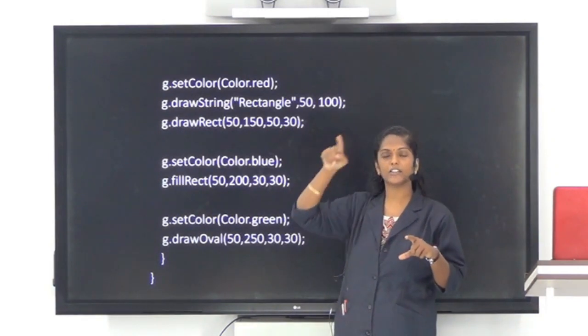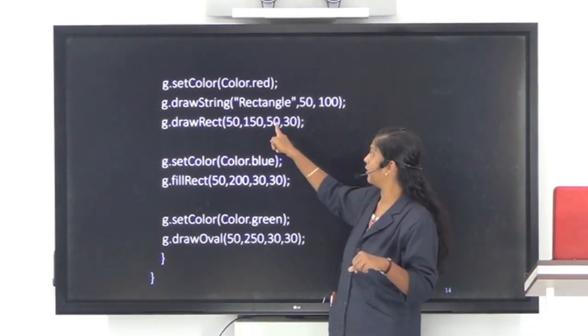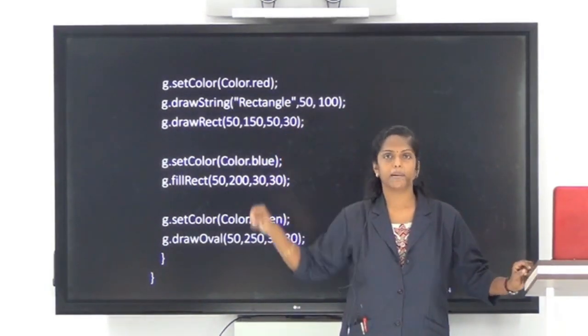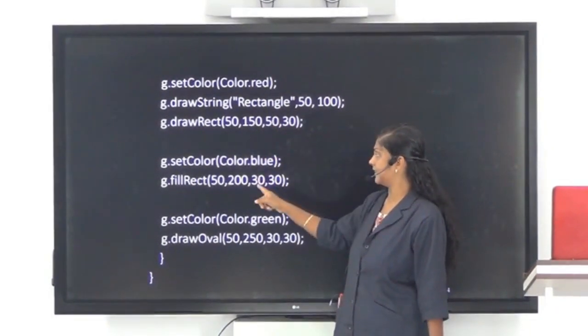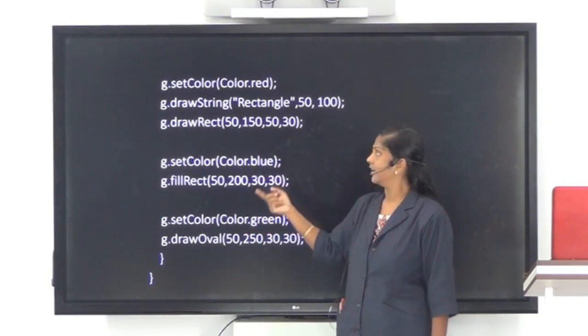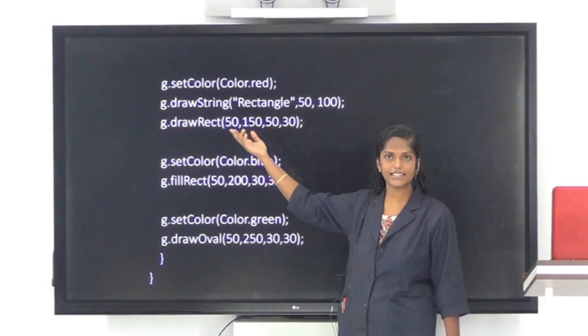For a rectangle, the top left position is specified here, 50, 150. The next 2 parameters indicate the length and breadth of that rectangle. If we specify it as say 30, 30, it will draw a square. If we specify different parameters, then it will be displayed as a rectangle.